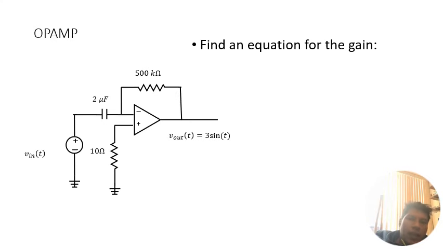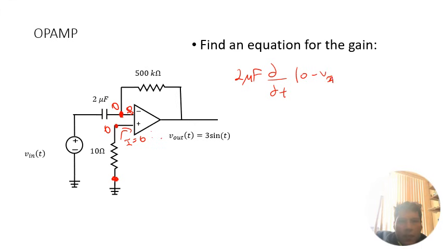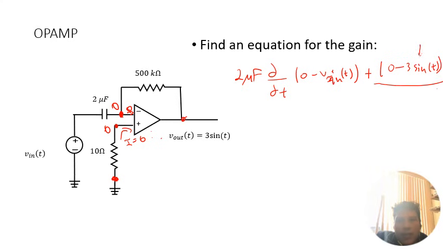In particular, to find an equation of the gain, the first thing you need to realize is that the current flowing through here, I, is 0, which means that no voltage drops across this resistor, so this is 0 volts, which means that this is also 0 volts. Then, applying KCL here, you're going to have 2 microfarad d dt of 0 minus V in of t, plus 0 minus 3 sine t, divided by V out of t,